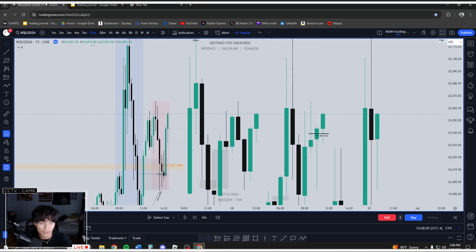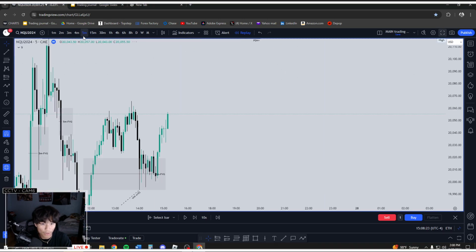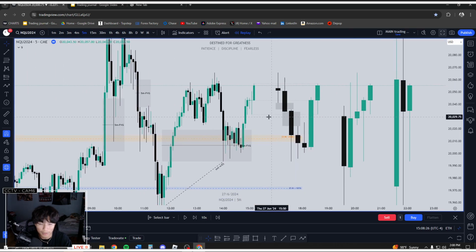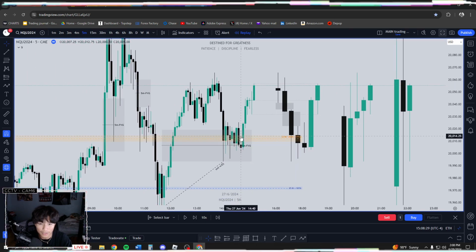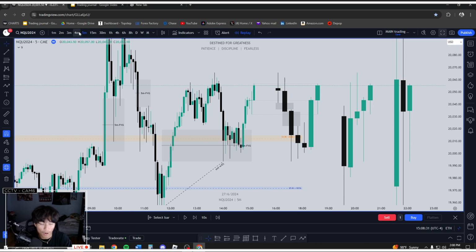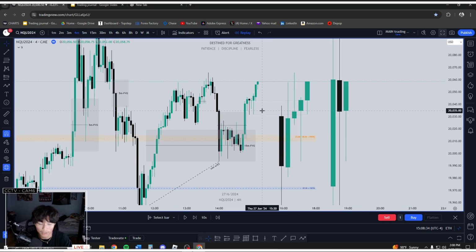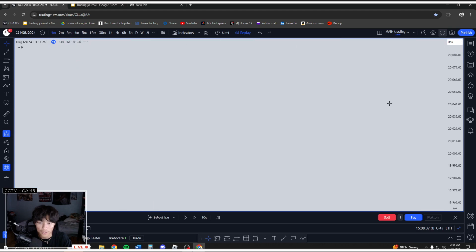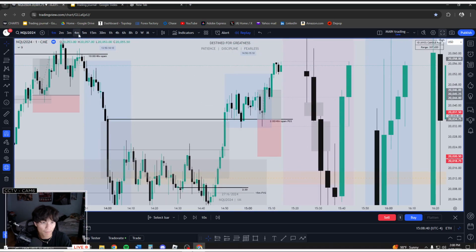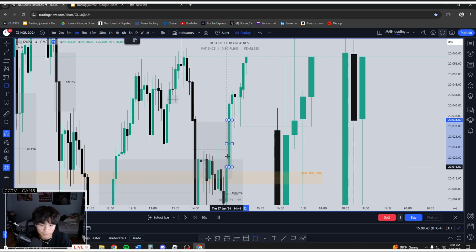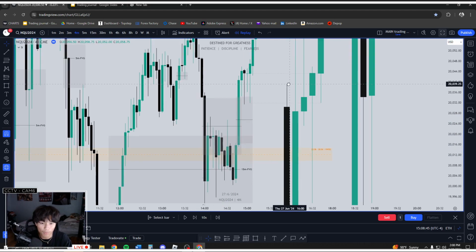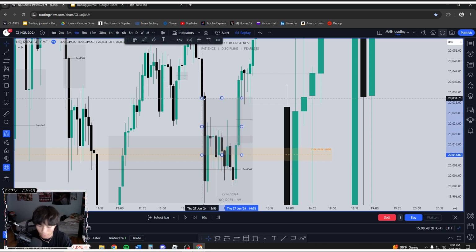After noticing that, I would go onto the lower time frames to see if price has created a PD array that would support the idea of us taking out that 15-minute high, that 30-minute high, and the 1 hour high. So on the lower time frames, I noticed we have a displacement leg on the 5-minute time frame. We have FEGs here, but on the 4-minute time frame, we also have a clear FEG. So my entry was based off of the 4-minute FEG right here, and that 4-minute FEG allowed me to